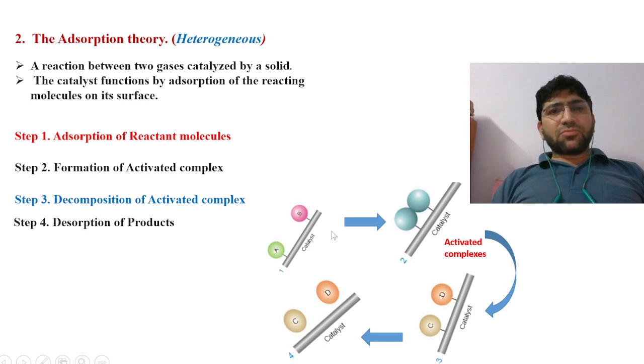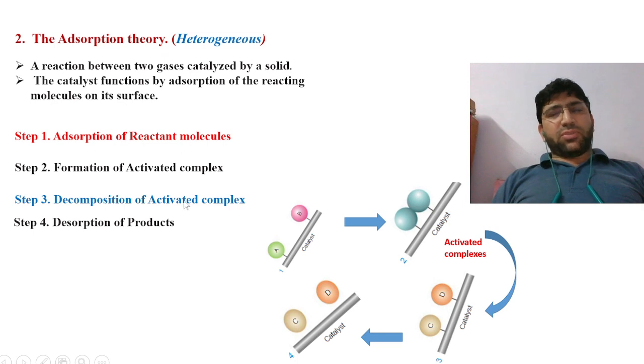Another theory of catalysis is known as the adsorption theory. This theory explains the mechanism of action of heterogeneous catalysis, where the reactant and the catalyst are in different phases. Generally, the catalyst is in the solid phase. The catalyst provides a solid surface for the reactants. So, this mechanism can be